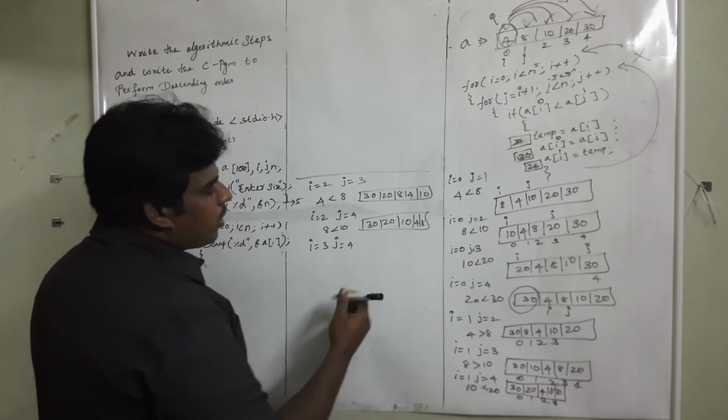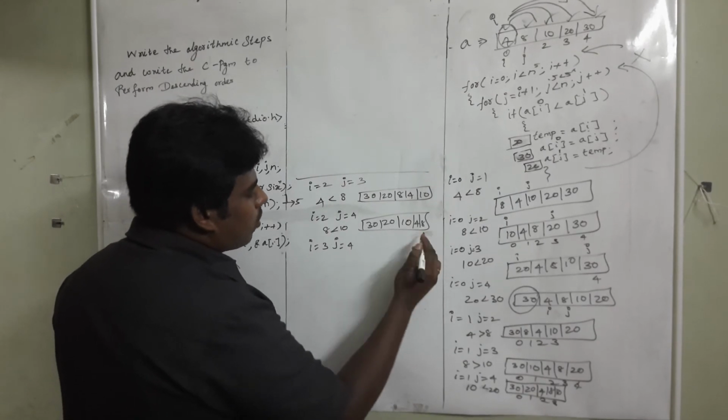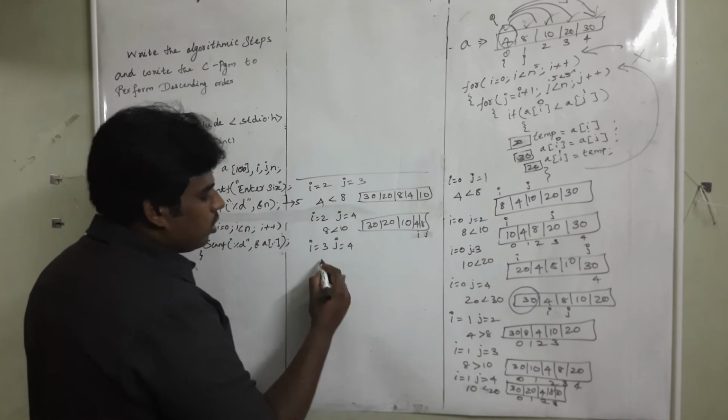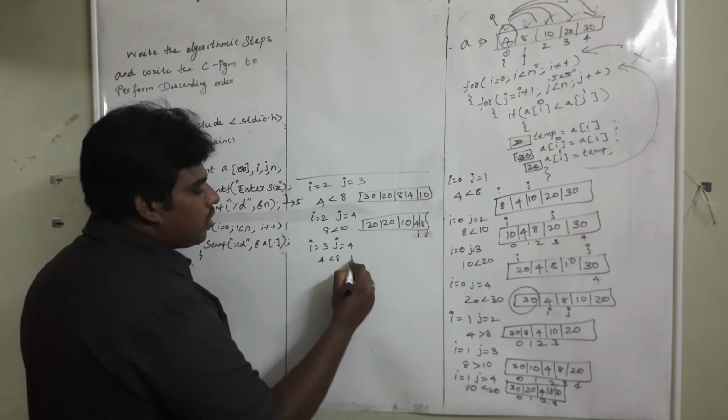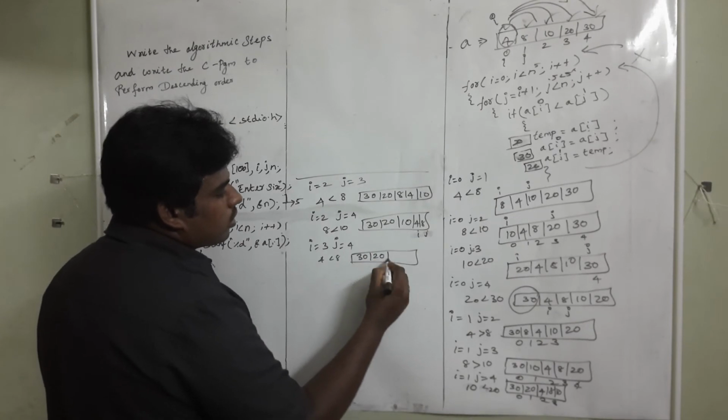Okay. So what will happen? You are comparing this 3, 4. This is i, this is j. So 4 is less than 8. Condition true. You will get 30, 20,